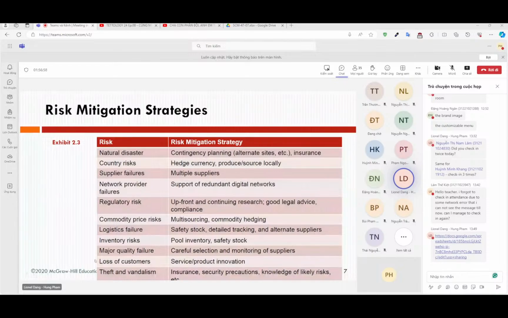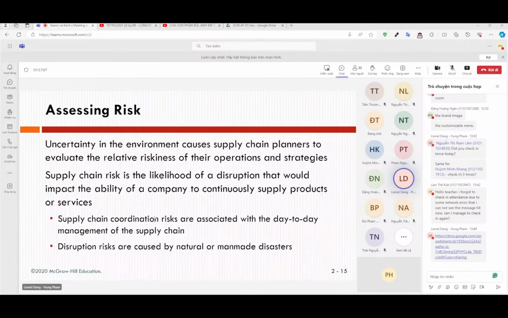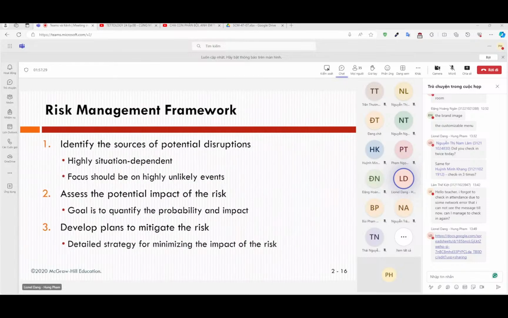And then we have the barriers of logistics, inventory, quality, loss, theft. Those are related to the supply chain coordination risk. Are you with me? Yes. Yeah. So that's what I need you to do. When you present, don't just read, but you need to understand what we can learn from what you are saying. So for the risk management framework,